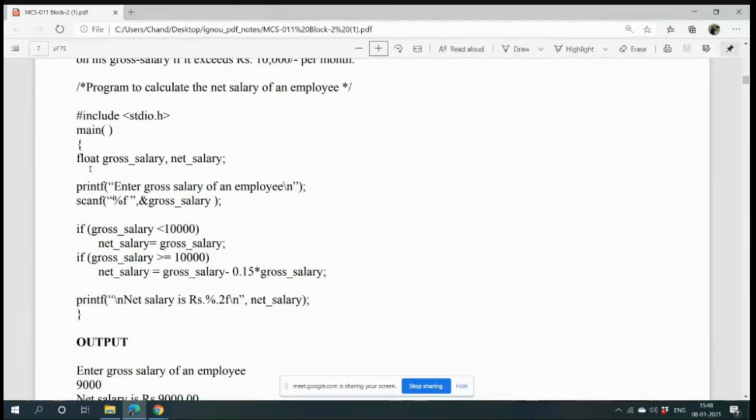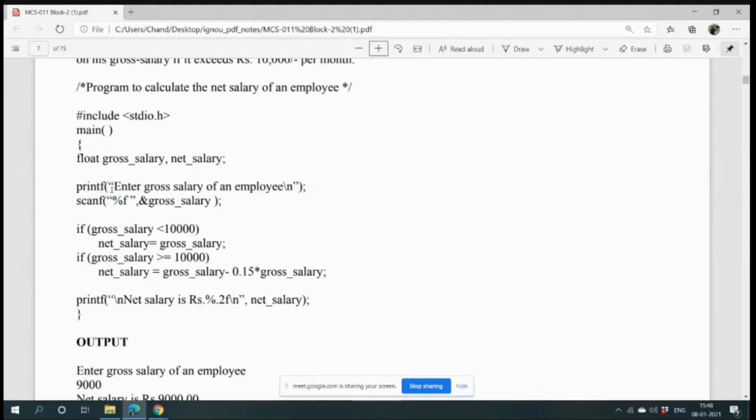Float can be taken for a point number and a fractional number also. Okay, anyone else? Ma'am, we have to deduct the tax, therefore it will come in fraction. As we are calculating the net salary as gross salary minus 0.15, why is it 0.15? 15 by 100. So I know that whatever be the gross salary, the answer will come in a fractional form. So we have given gross salary and net salary both as float variables.